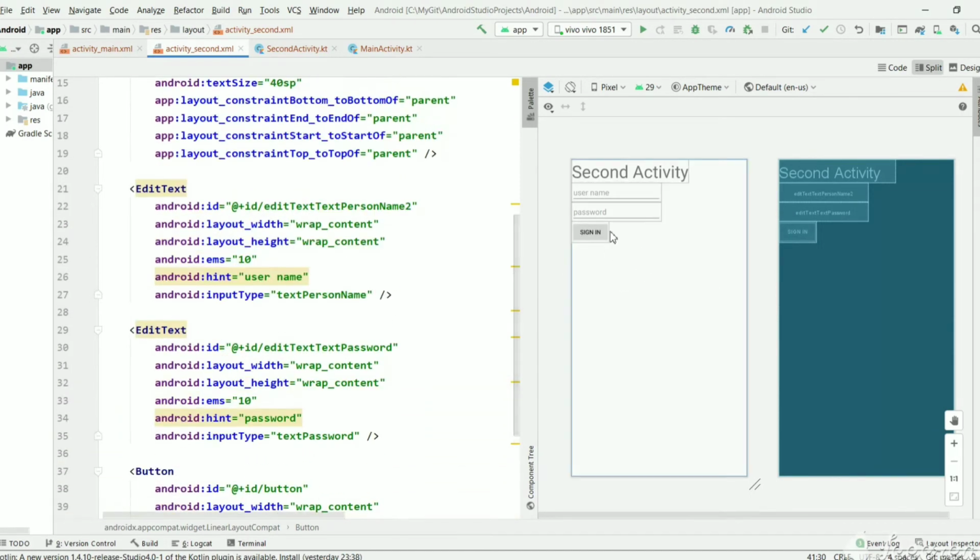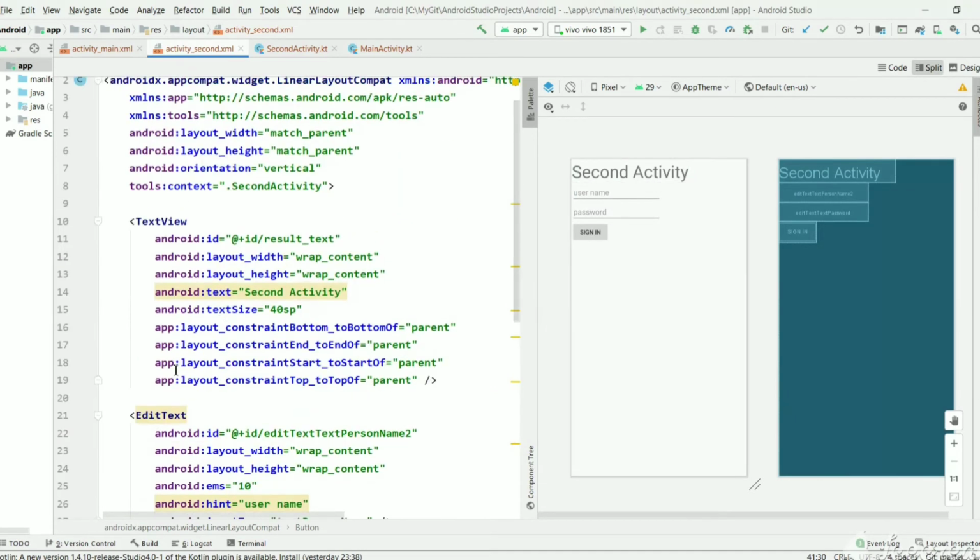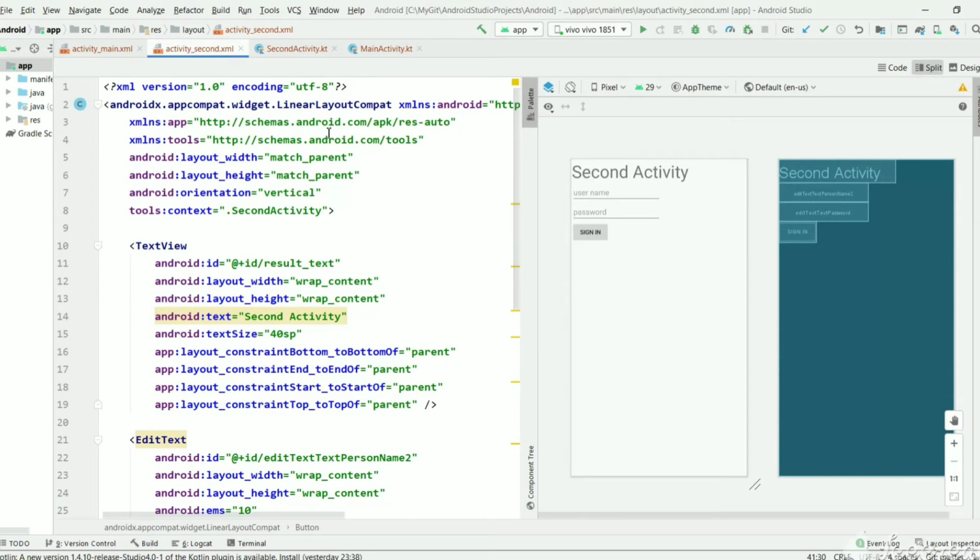Now if you see, all these elements are in a line in a vertical order. So the main purpose of this linear layout is to structure those elements in a line order, and one element is not related to another element here. But if you see the relative layout, all elements are interlinked. But in linear layout the layout itself will take care of the structure.